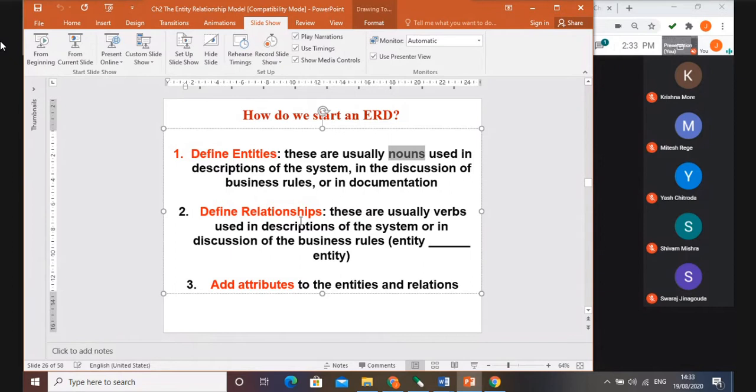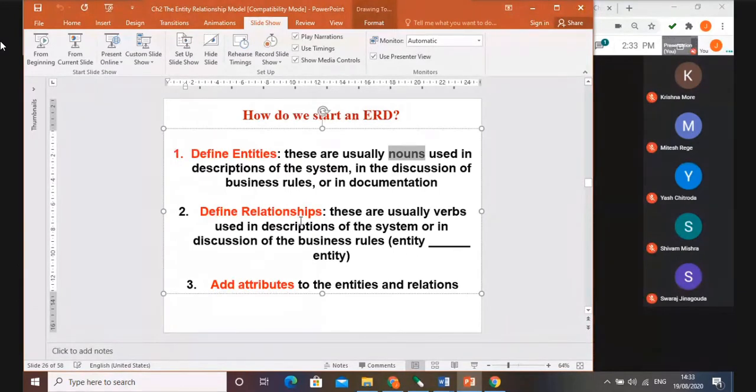For example, I can say a customer borrows loan from the bank. So here, customer borrows loan from the bank. I have 3 nouns, right? Customer, then loan and bank, right? So those 3 will be part of my entities. Then customer borrows loan. So borrows will be my verb and it will act as a relationship between customer and loan. Clear? Clear, students, how to identify the relationship set just with the help of noun and verb.